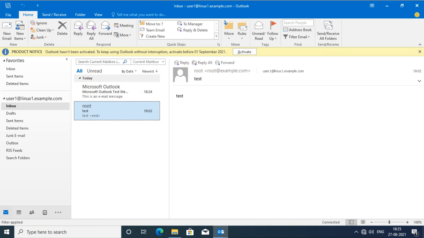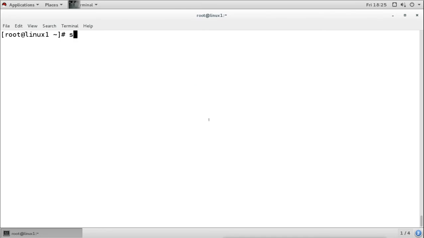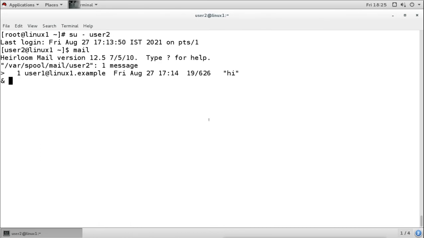I will switch to user 2 and I will check the mail, and we can see the mail is coming. Is it there? It is actually not there because we have changed the mailbox directory. Remember, now this mail tool which we are using is still watching the mail from that default directory, and there is no mail. So where the mail goes into this mailbox directory.